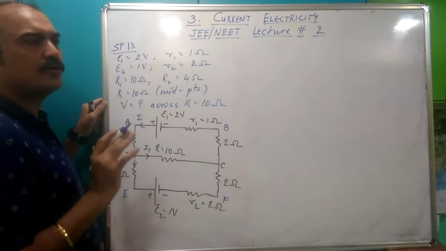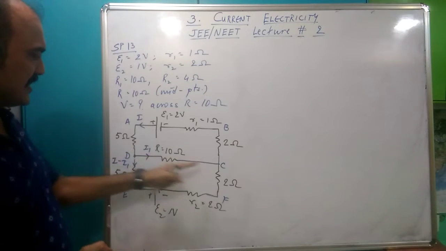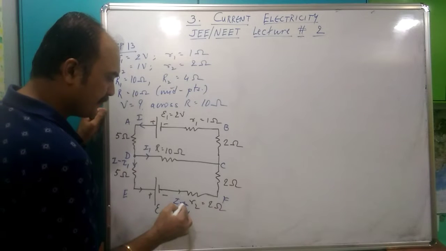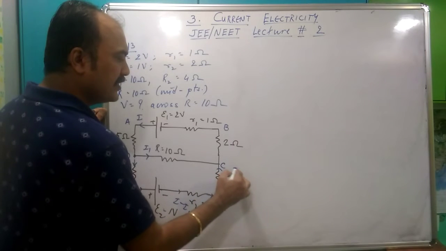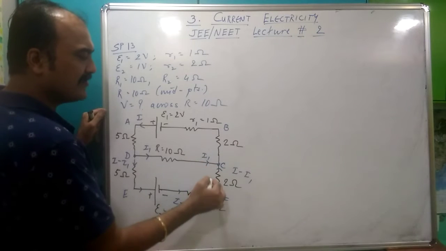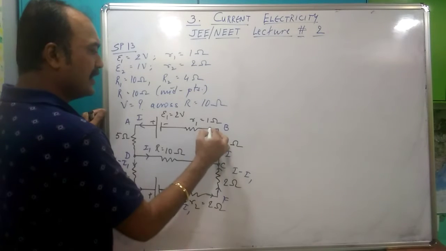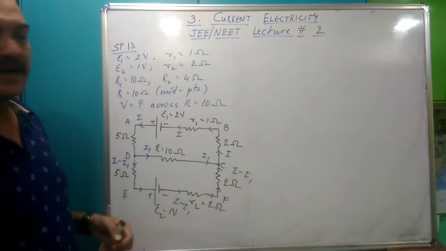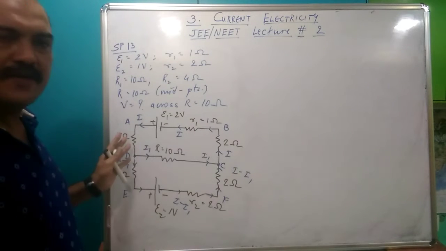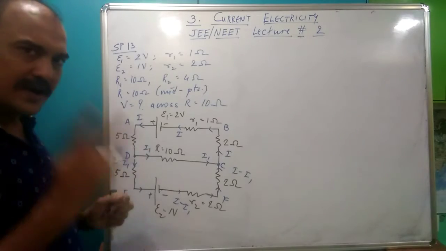But for sake of simplicity and to lower our calculations, I tend to call it I minus I1. So this is I1, this is I minus I1. I minus I1 goes straight from here to here and it merges here at C. So I1 comes here, I minus I1 comes here, and finally they both add. So I1 minus I1 goes away, this will be I, and this current I enters the negative terminal. You can see my current tracing is complete. There are currents now in every branch. And you can see I have two unknowns, I and I1. So I need two equations.